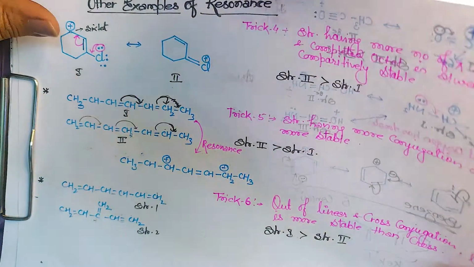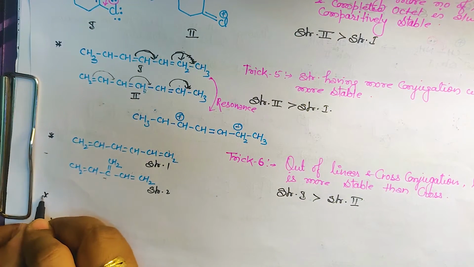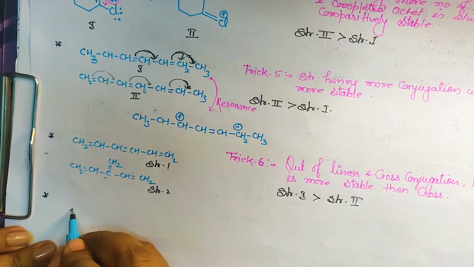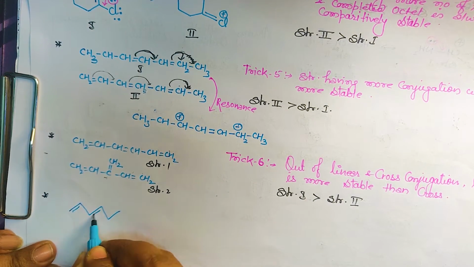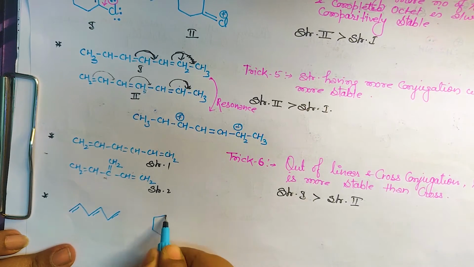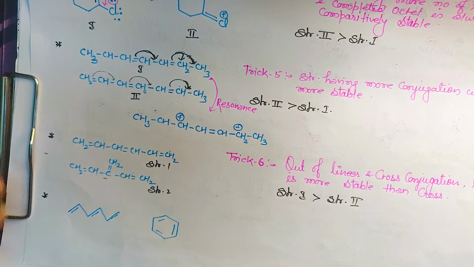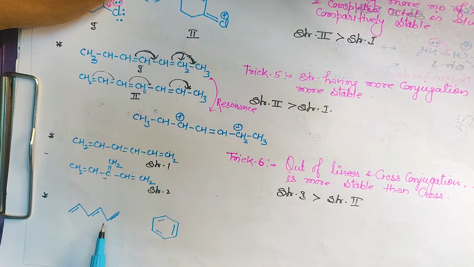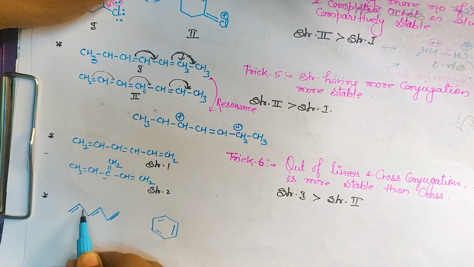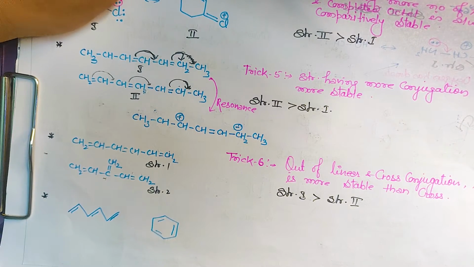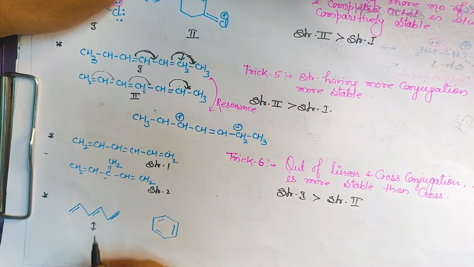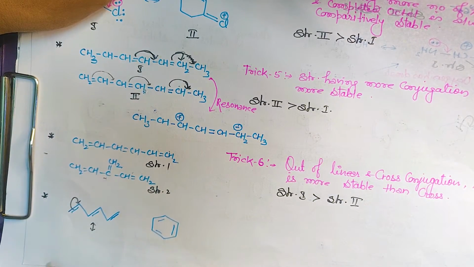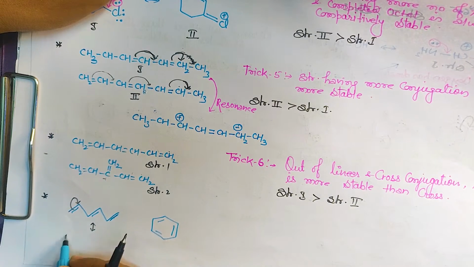Okay, one more trick is there. As for example, I have given you one like this, and another is given like this. Okay, here also 3 pi bonds, here also 3 pi bonds, here also conjugation: double, single, double, single, double. Yes, conjugation is there. Here also the resonance is possible. This will shift over here, then this will shift over here, then this will shift over here. If I tell you to show that resonance, how will you show? Let me show. This bond will shift over here, so ye banega.